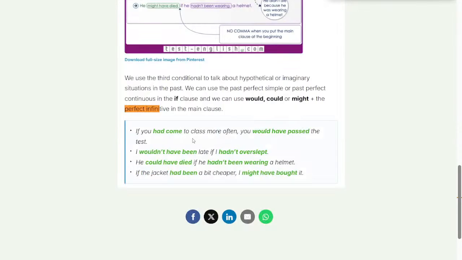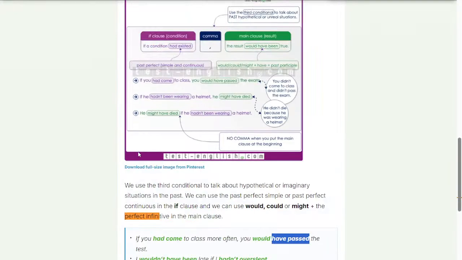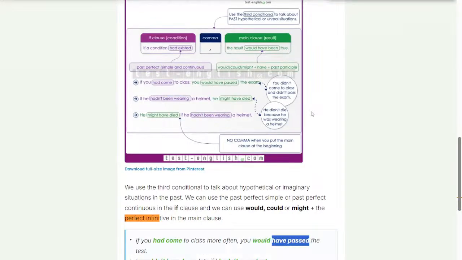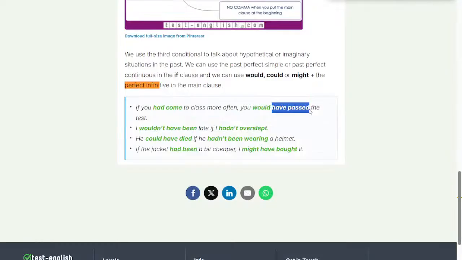Maybe it is the perfect infinitive in the main clause. So in the main clause, the result would have been true. Okay, let's accept this like it is.